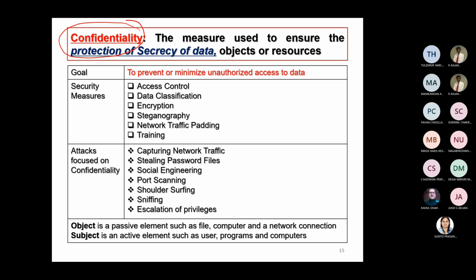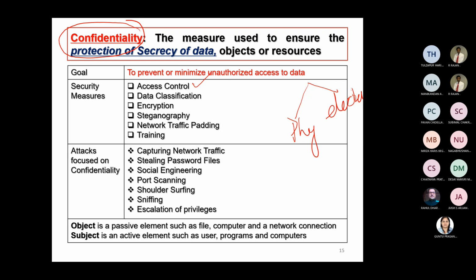Number one, access control. Multiple levels of access control are possible. You have physical access control and logical access control, and we'll have to look at both sides, because the information that we're talking about could be both physical records as well as electronic records. So access control could be physical and environmental access control, and logical access control. That is one mechanism. Today, multiple levels of access control have come in. It is not just physical alone.